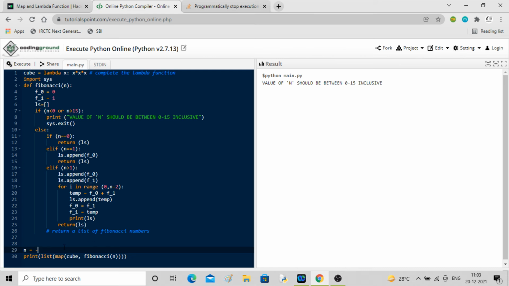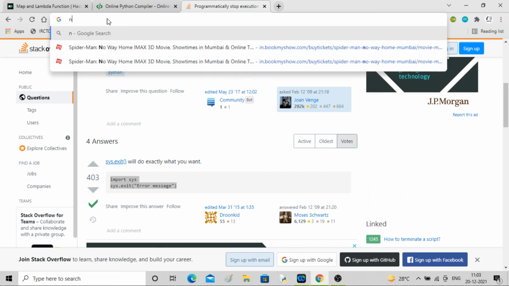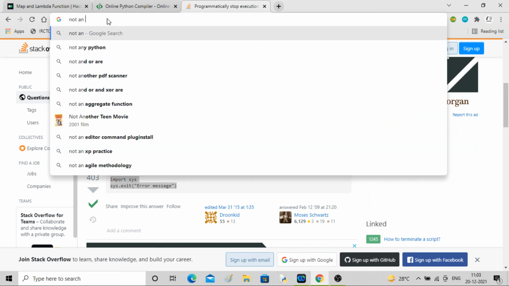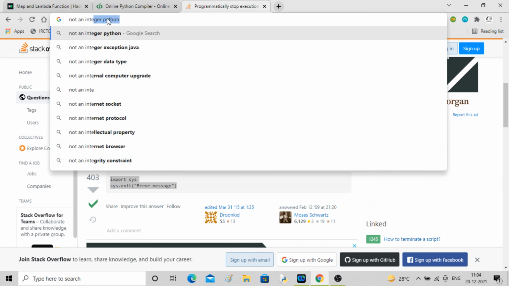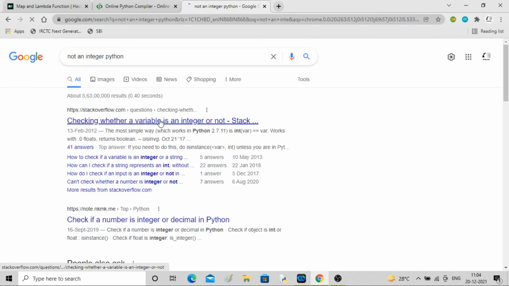Okay, -2, same thing. So integer values only, and this thing will be printed. Shall I write something like not an integer? Let me check how to check whether the variable is an integer or not.